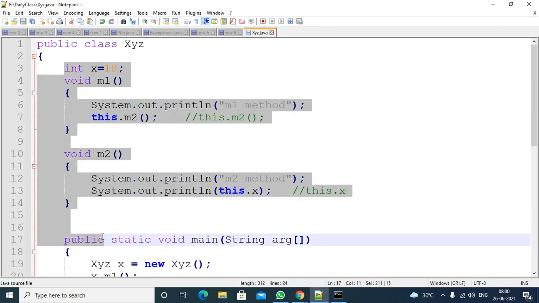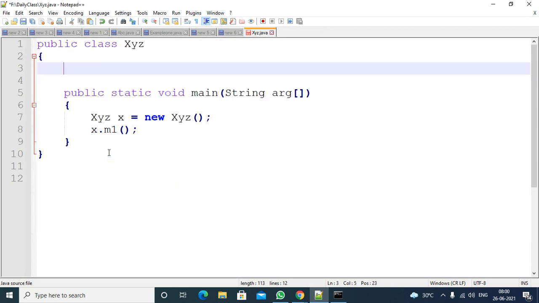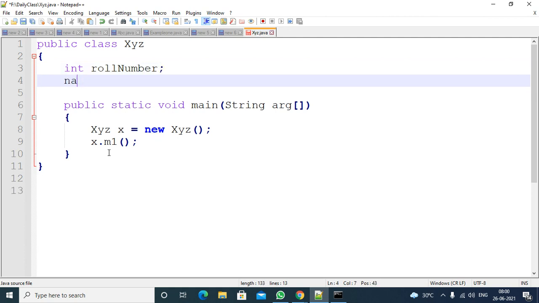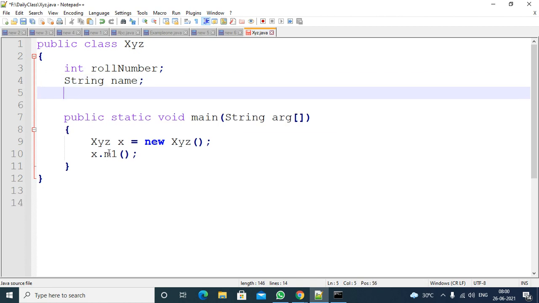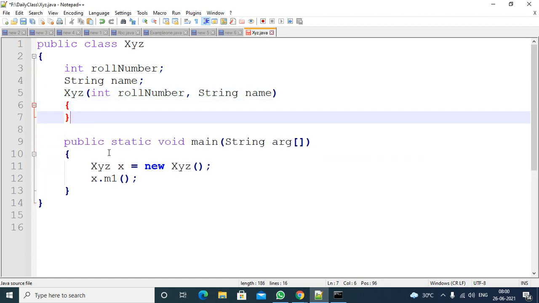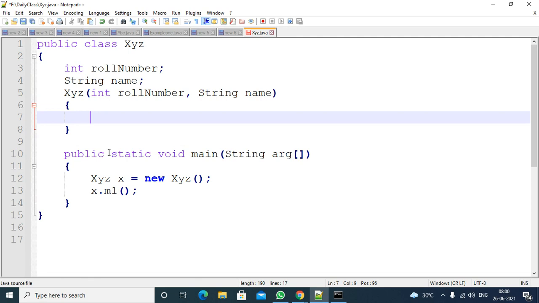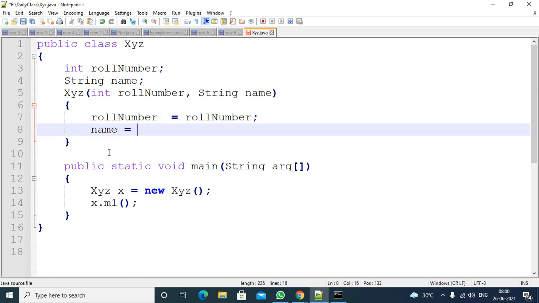So first I will pick one example. Suppose an integer roll number is there, and a String name is there. I have a constructor here with integer roll number and string name parameters. Roll number equal to roll number, name equal to name.